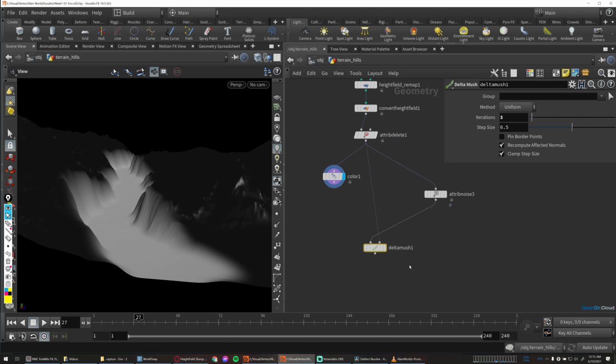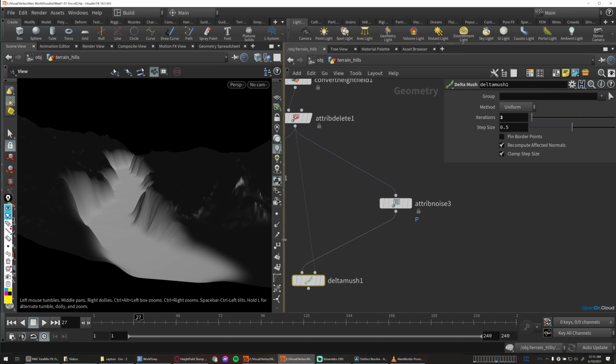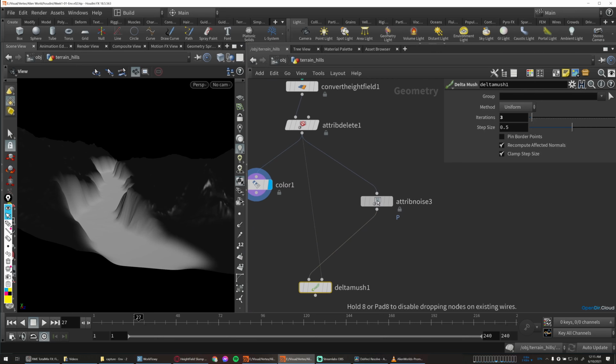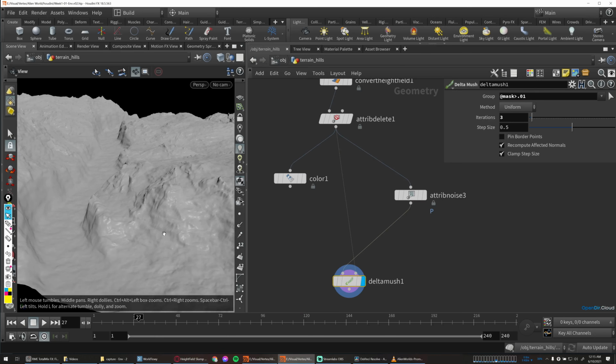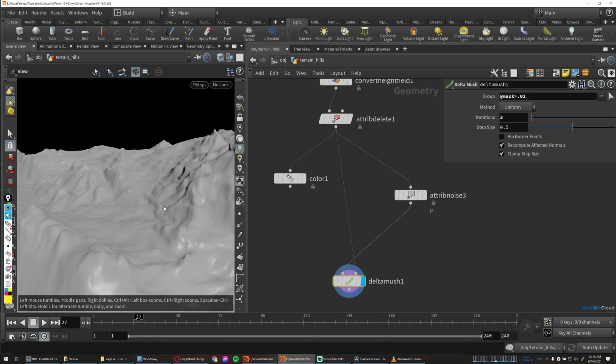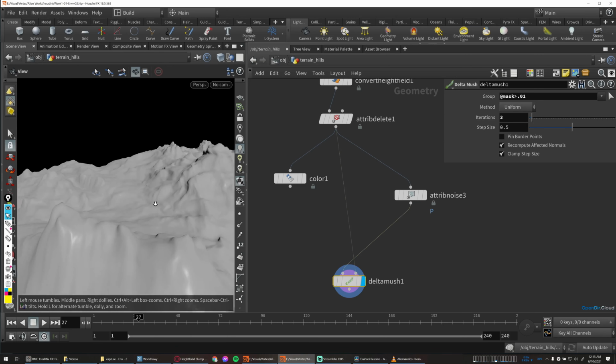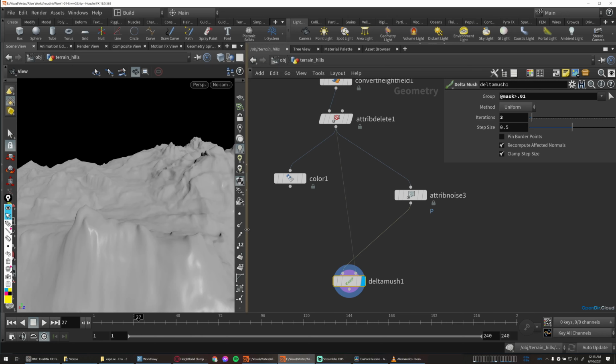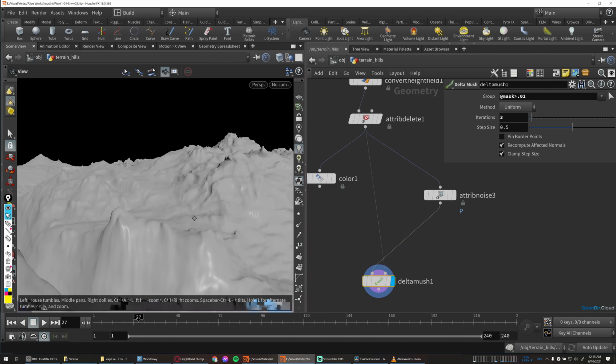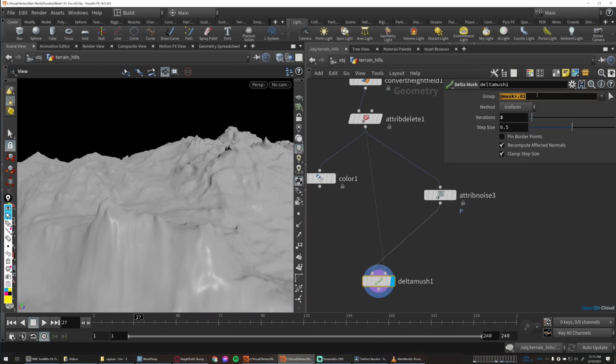So on the delta mush, we can use an attribute-based ad hoc group to tell this to only process the points in that mask area. So I'll say @mask is greater than 0.01. If we look at the delta mush once again, and maybe let's zoom in on some area that we can see both the masked region and the non-masked region, like this. If we get rid of this group that says mask is greater than 0.01,